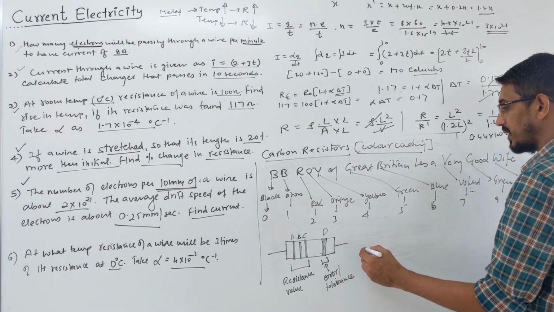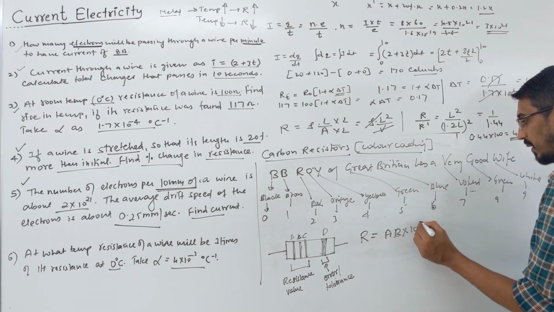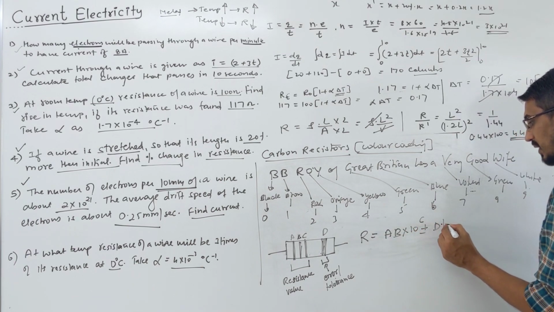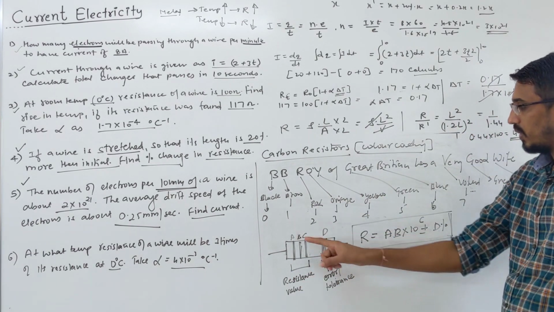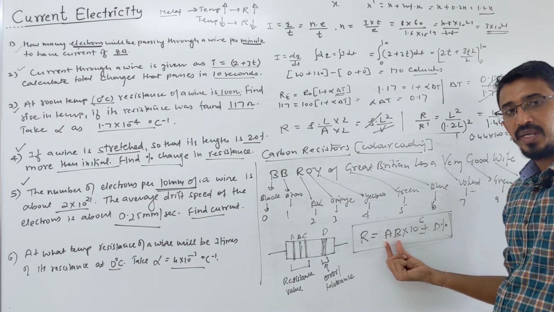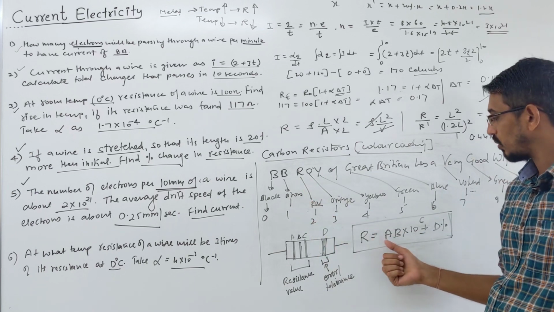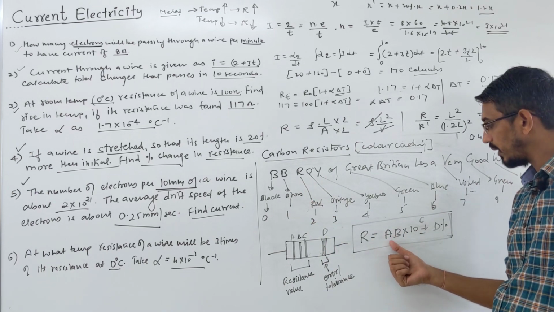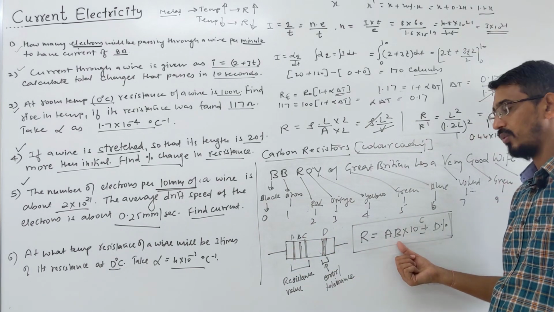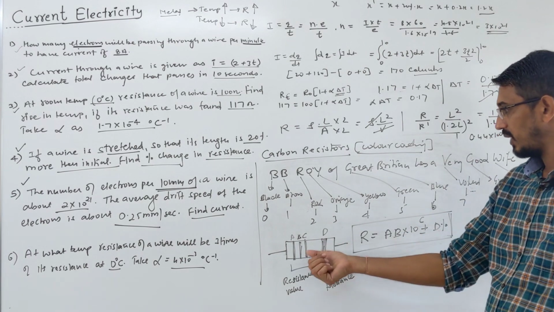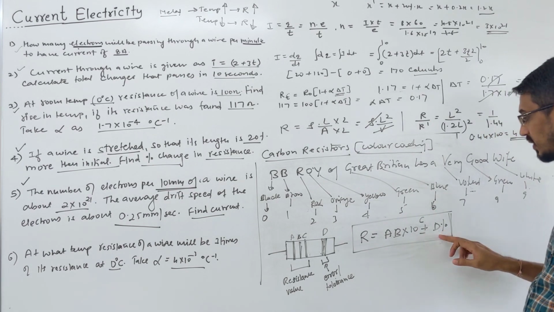Now, how do you write the resistance of anything? Resistance is equal to AB into 10 power C plus minus D percentage. A simple formula to remember, right? AB: what is the color of the first strip and second strip? Put them together, don't multiply. Suppose these two are red and red. Red means the number 2. So it's not 2 into 2, not 4. It's 22. Suppose A and B are red, then it is 22 into 10 power C. Suppose C is orange, which means 3. So 10 power 3 is the power. And D is your error.